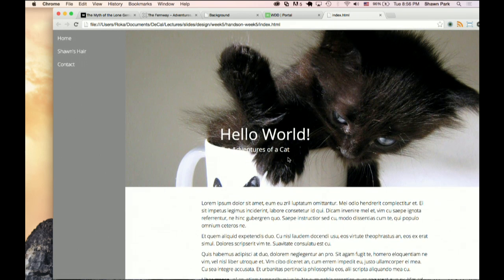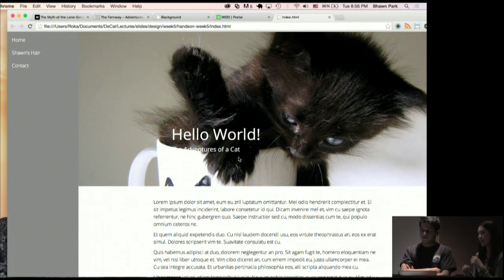Yes. So when you link to different pages, how do you make sure the sidebar stays? If you have the same HTML block of the sidebar on each page, it'll seem as if it's not really changing and the sidebar is always there, but it's actually the same sidebar just repeated over the different pages. So if you wanted to change your menu, you'd have to change it for every single page.